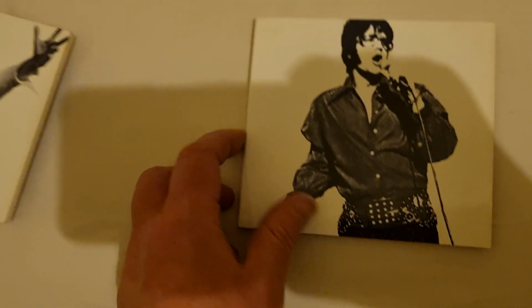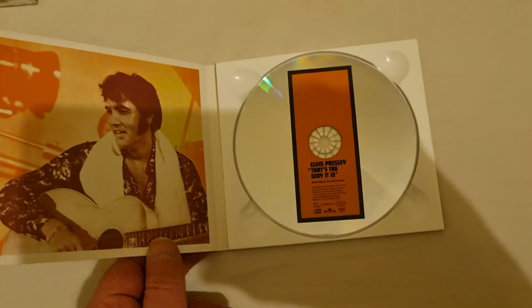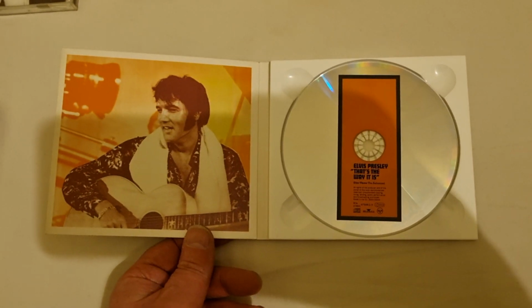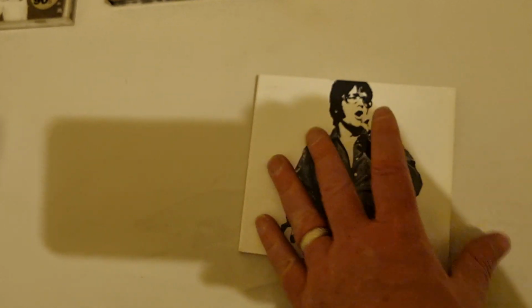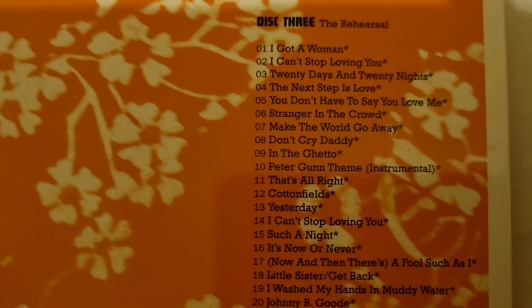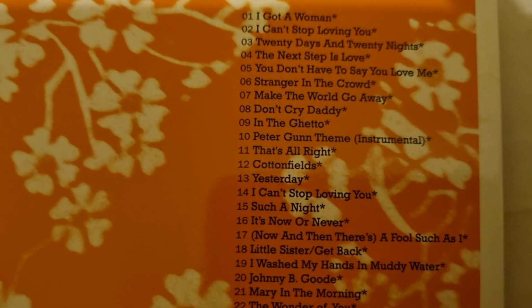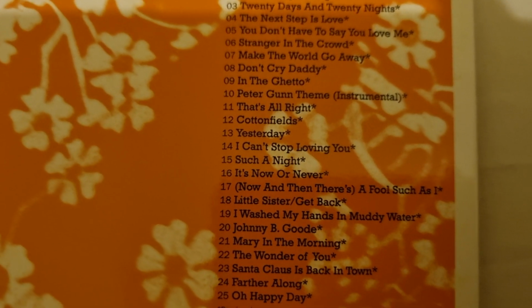And the last one in this 3 CD edition, again, that's in rehearsals. Another great image and CD. The track listing on the third and final CD in this box set is as follows, and this is the rehearsal. I Got a Woman, I Can't Stop Loving You, 20 Days and 20 Nights, The Next Step Is Love, You Don't Have to Say You Love Me, Stranger in the Crowd, Make the World Go Away, Don't Cry Daddy,